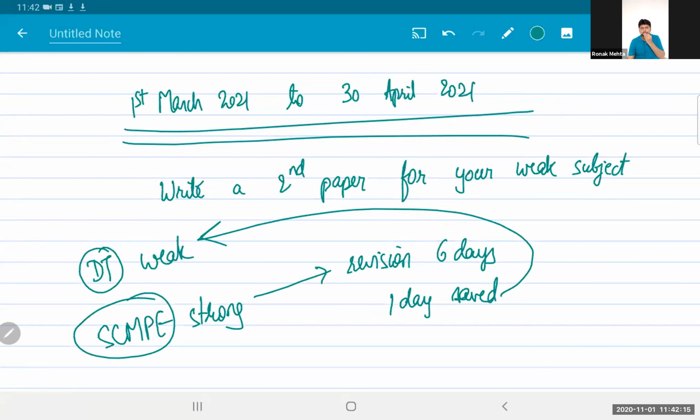From 1st March to 30th April, you are anyways in the mood for slogging, because you are on the verge of your battle. You have given 2 years of articleship to reach CA final. You have already studied from December or January up to March. Now you are anyways going to go in the 5th, 6th, and the 7th gear. So putting 1 more hour extra for those 6 days for SCMP is not going to make much of a difference to you. It will make a positive difference that you will be able to save 1 day for your weak subject, but you will not have any problem in devoting 1 hour extra for 6 days. तो second paper writing कुछ ऐसा कर लो तुम.